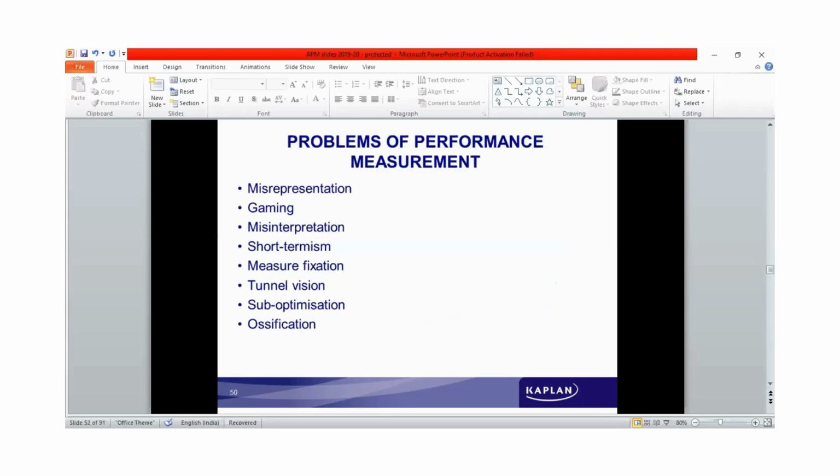Then we see what are the problems of performance measurement. There are certain terms which are given there. Performance of